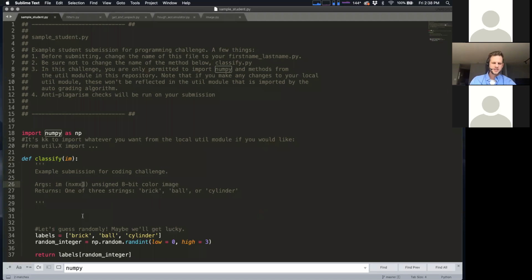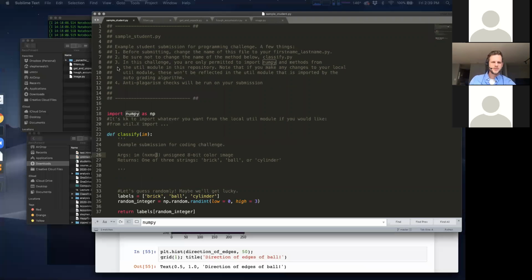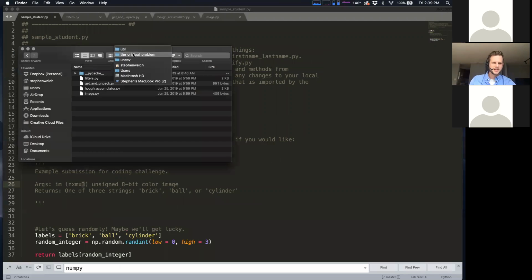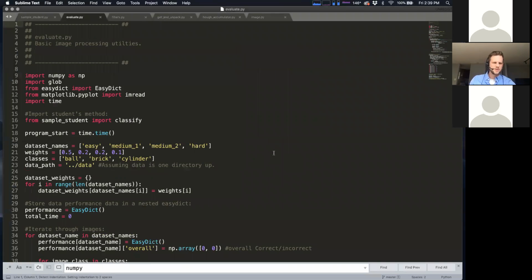So we're actually going to take your method and evaluate it a number of times on the test set. The test set is probably 20 or 30 images, maybe a little bit less. We'll use your method to process every image in the test set, and your score is going to be based on how many of those you get right. And actually, we have another method we included, and it's the exact method we use to evaluate your code. There might be one little tweak, but it's very similar.